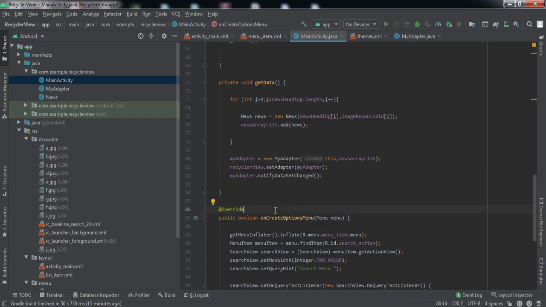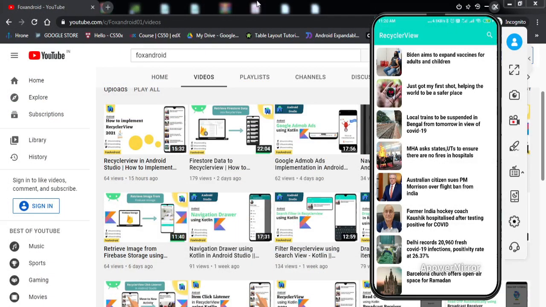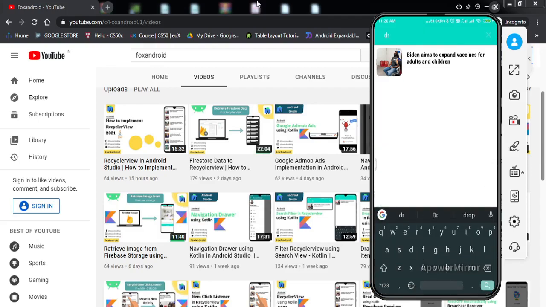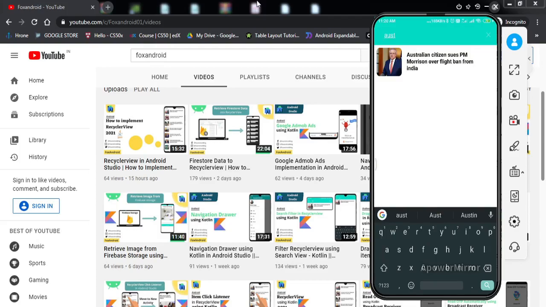So let me just quickly install this app to my cell phone and check if it is working fine or not, right? So guys, the app has been installed to my cell phone, as you can see on my mobile screen. If I just tap on the search icon and type anything, this particular item has been filtered out. For example, if I type Australia, this particular heading, Australian citizen, has been filtered out. So I guess we have successfully implemented this feature in our Android application,